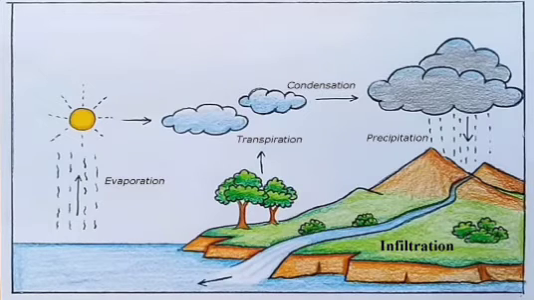The continuous circulation of water from the Earth's surface to atmosphere and from the atmosphere back to the Earth is called water cycle in nature. Water is present on the Earth in rivers, lakes, ponds, oceans and soils. Some water is also present under the ground. Heat from the sun evaporates water from lakes, rivers, ponds and soil to form water vapor. This water vapor goes into the air.